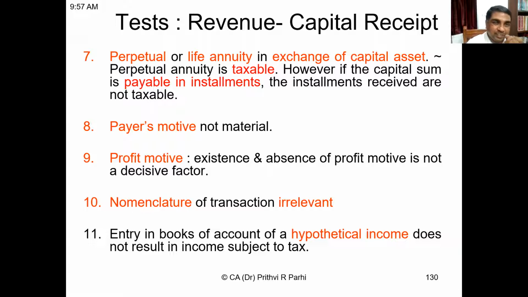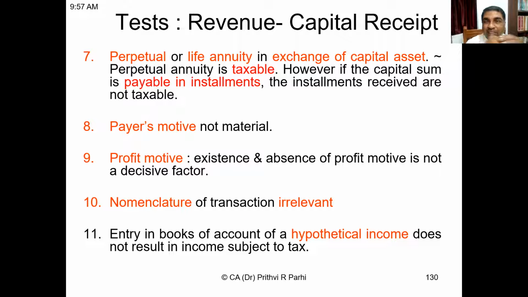Let us understand this concept. Perpetual means it will be permanent. So perpetually this money will be the same. Or life annuity: till the life of a person, an annuity will be received in exchange of a capital asset. Let us say there was a capital asset, a building. I gave it to somebody, and till the end of my life, I will be getting